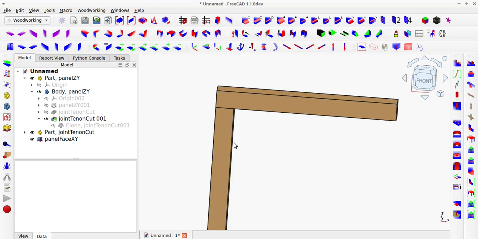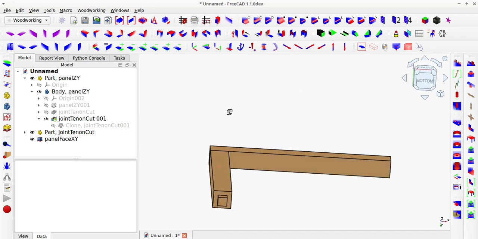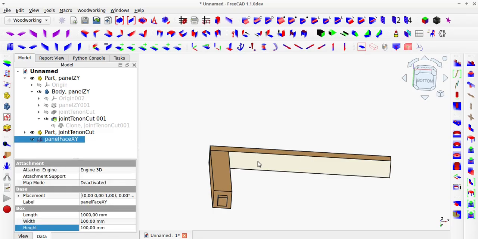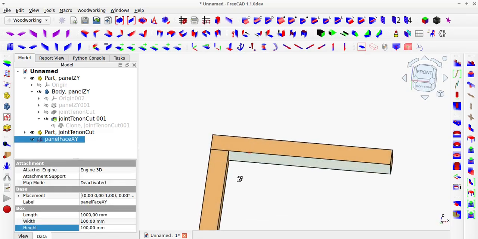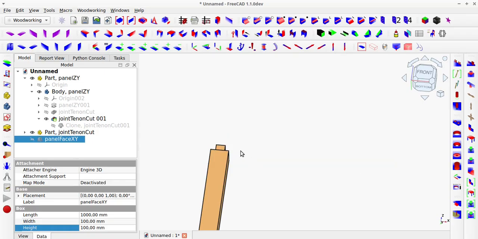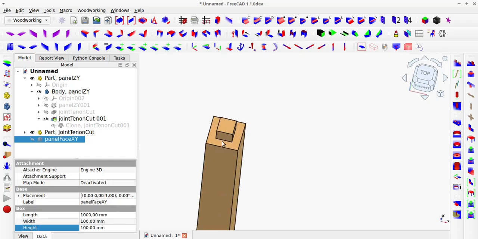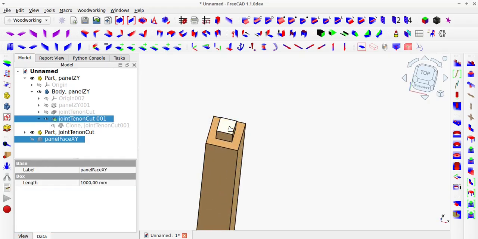Cutting the mortise is a bit more complicated than in the previous examples. You must first select the face on which the mortise is to be cut. Then press the spacebar on your keyboard, which will hide the element and give you access to the tenon. Then, while holding the left control key on your keyboard, you must also select the face of the tenon to